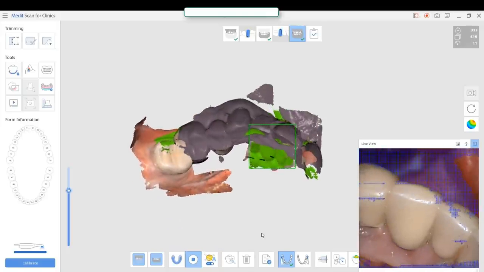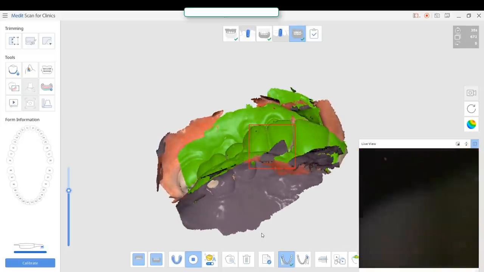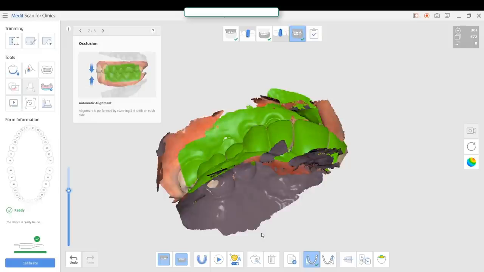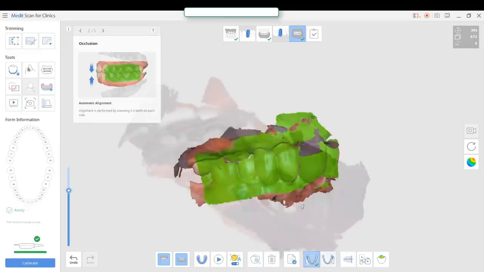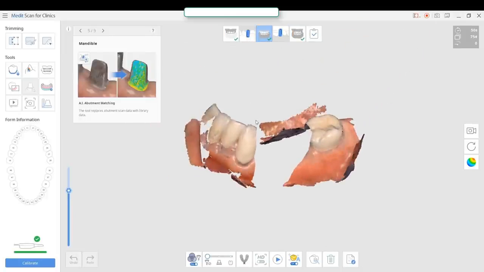And now we've incorporated a lot more data. This deep overbite was hiding that tooth structure. So with this advanced technique, we're able to capture the bite in this situation where the upper jaw was hiding the lower jaw. So now the stage is set for the modification of the preps and the